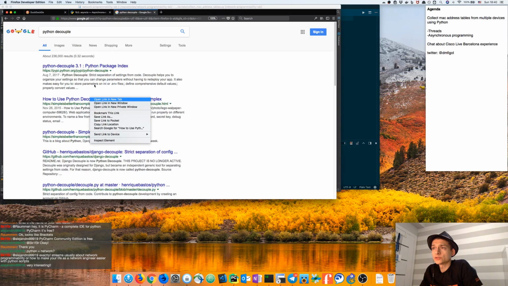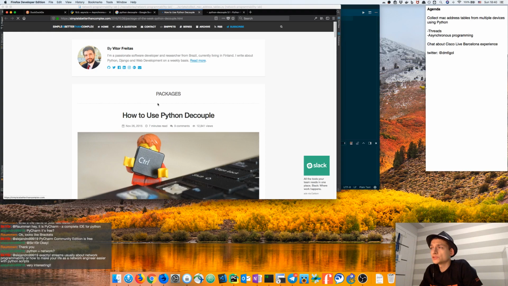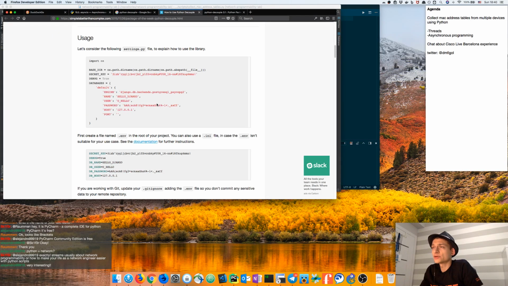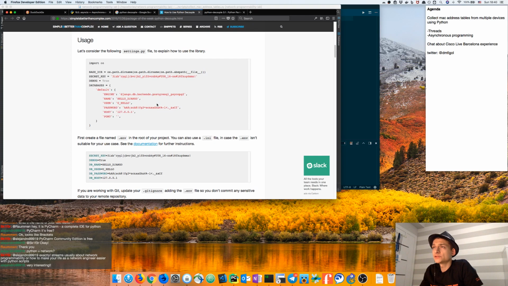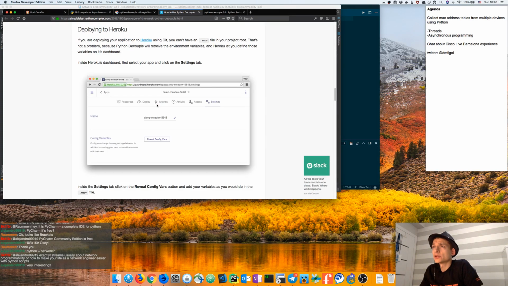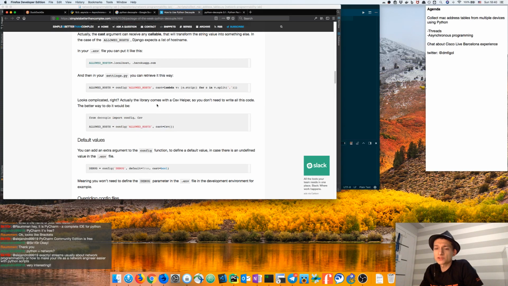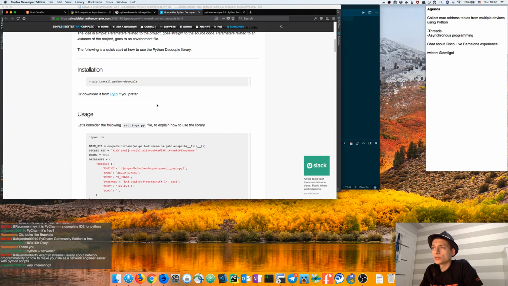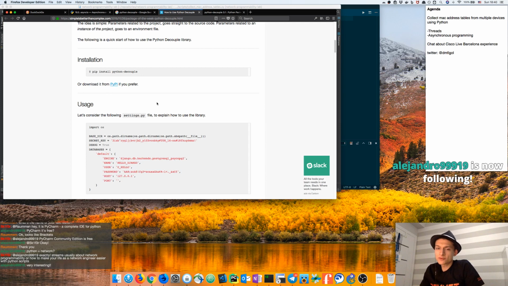And let's open a couple of links here. So this library is mostly used for Django projects, but it's alright to use it for different projects as well. So look on this blog article where basically the typical problem is